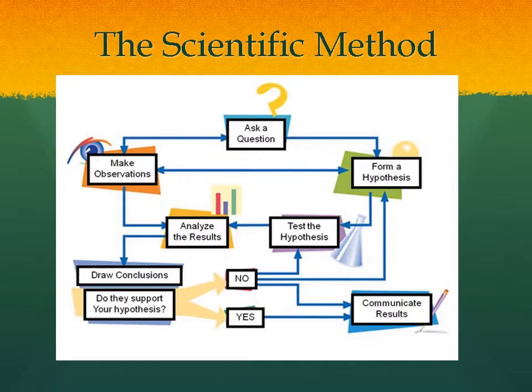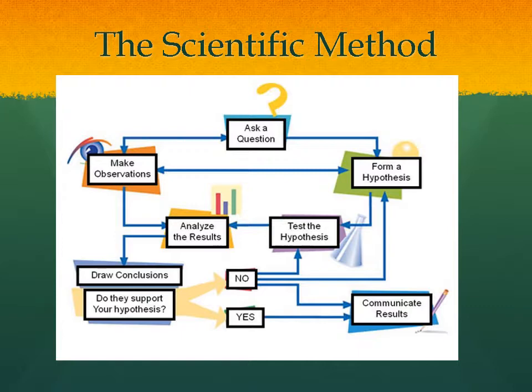And then you take those results and you analyze them. All right? You take all the answers to your survey, and you say, hey, okay. Now, if these people are saying, yes, the school store is carrying this brand new sweatshirt and it's really cool and I wanted it, then you can say, yes, that supports my hypothesis. You communicate that result. All right? If it doesn't support your hypothesis, if everybody's like, no, dude, I just really like the color, okay, that's a no, then you have to kind of go back around.